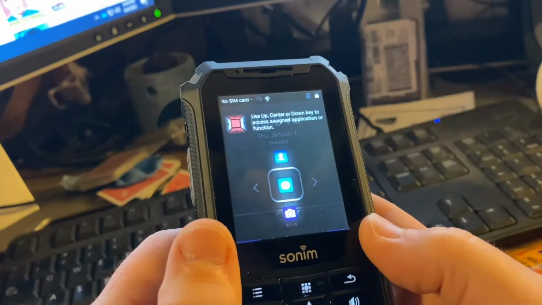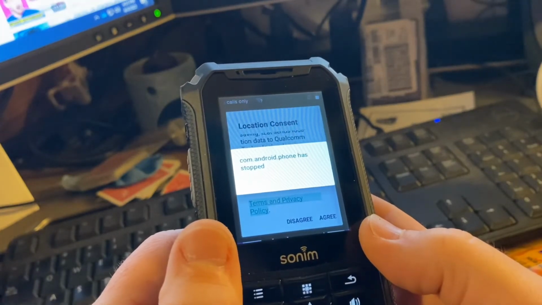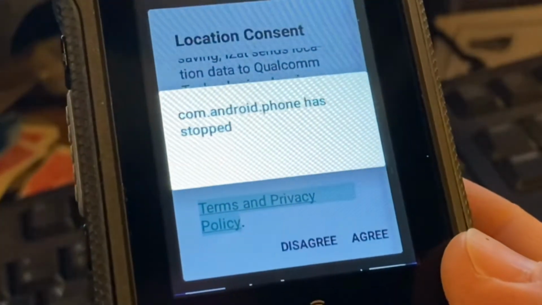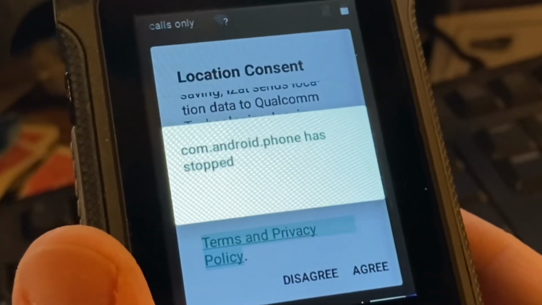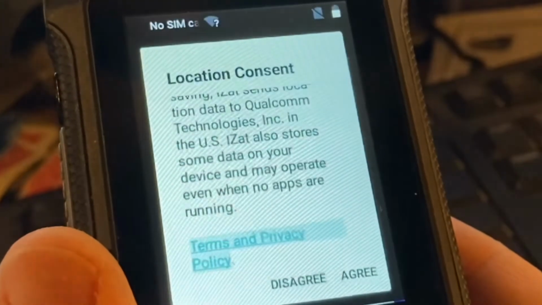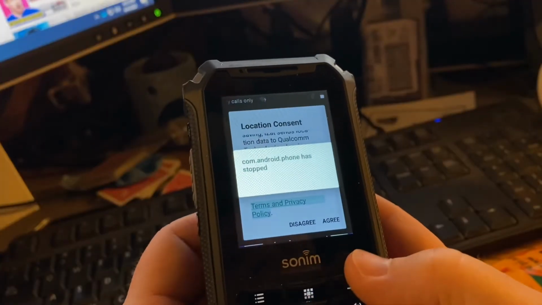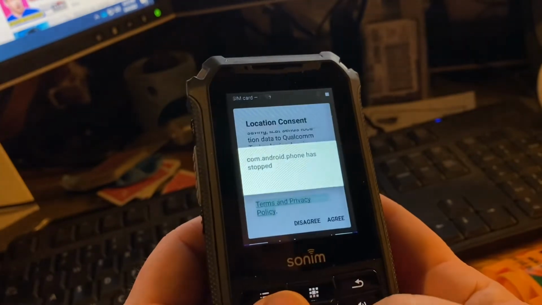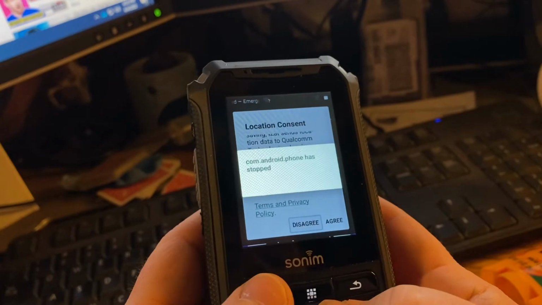All right, so it's looking like we are okay. So it's doing the same thing it was before. You can see we were going to this com.android.phone has stopped, and so if I click the back button, it still keeps cycling to this menu. And eventually, what it's done previously,